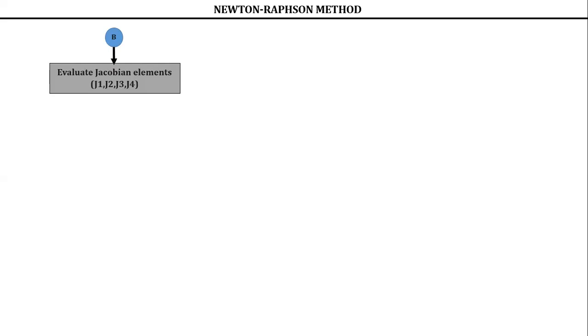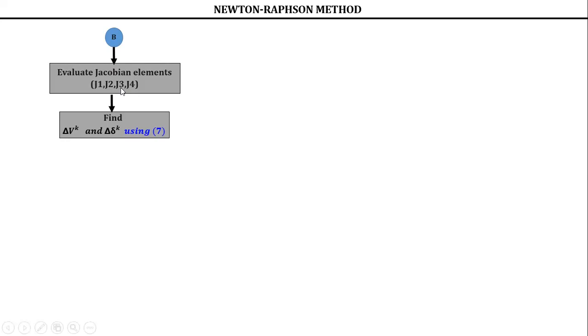If it does not converge, then you have to move on to calculate the Jacobian elements J1, J2, J3, J4. And I have explained it, isn't it? J1, J2 from equations 8, 9, 10, 11, 12, 13, 14, 15. From 8 to 15, these equations you can use to evaluate the Jacobian elements J1, J2, J3 and J4. Then after evaluating these, find delta Vk, delta delta k using equation 7. What is equation 7? I have already given it. It is how to find delta Vk, delta delta k.